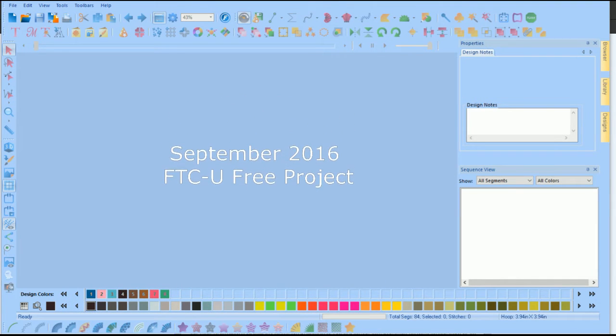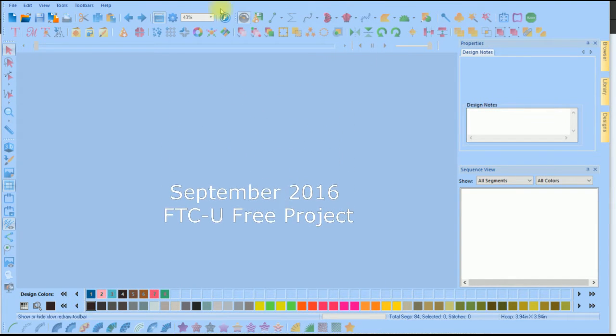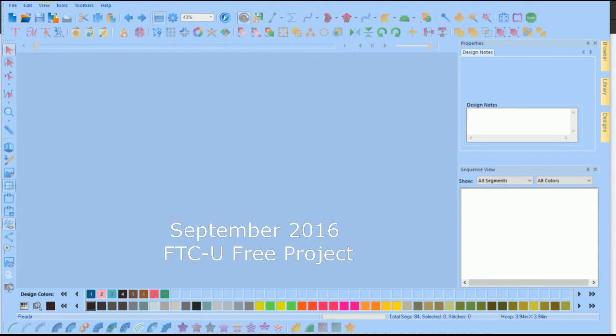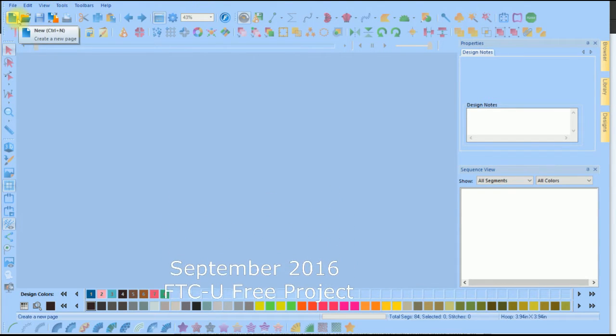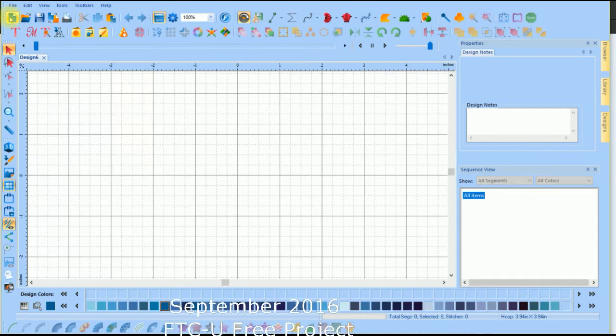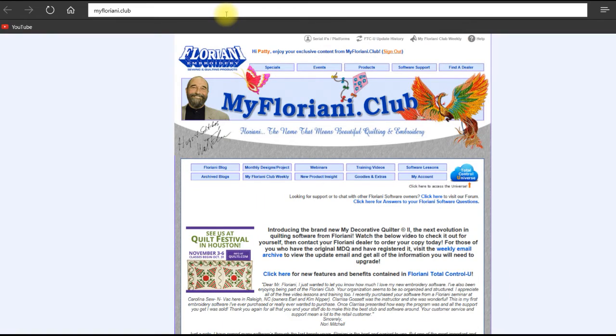So the first thing I'm going to do today is I'm going to go up here. I've already opened Floriani Total Control U. I've not opened a new page. I suppose I could do that. But what I really want to show you is first I'm going to go up here to where it says Floriani Club and click on that. That's going to take me to the web page